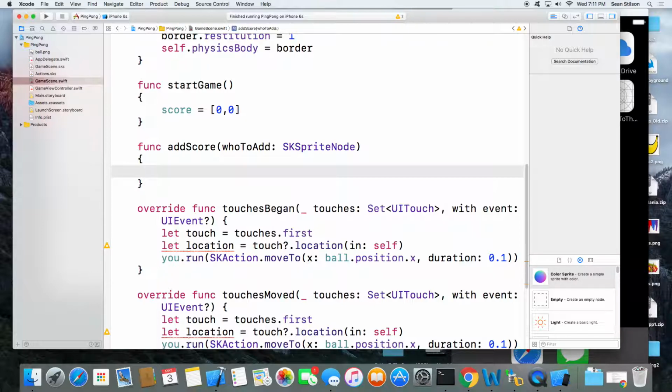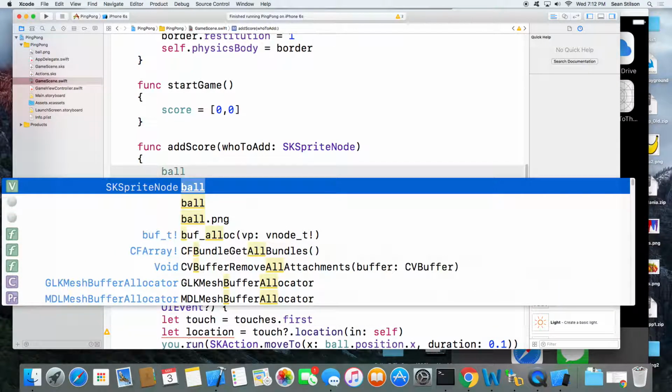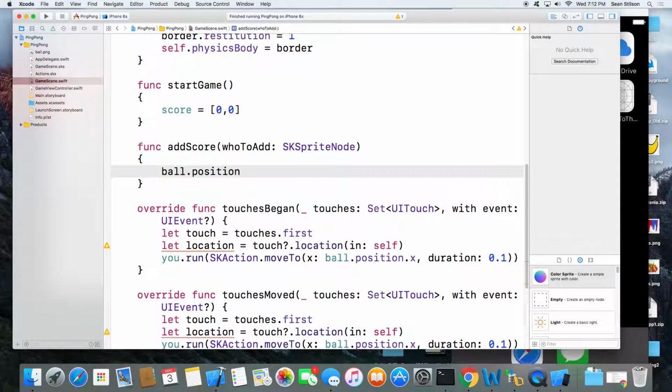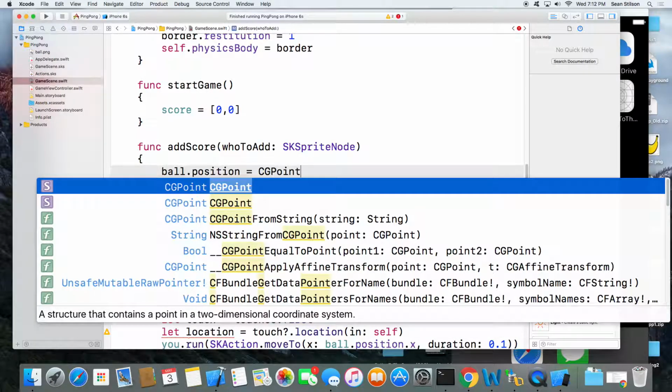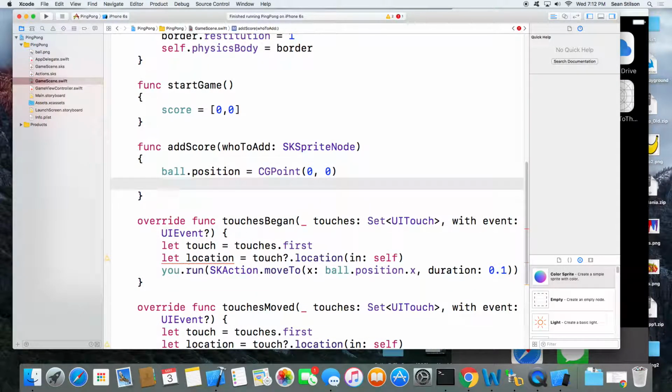First thing we'll do when we add a score is we'll reposition the ball. That's kind of how Pong works, if I remember right. We'll set the ball position to be a CGPoint at 0, 0, right in the center of the screen. So that'll fix problems with the ball getting stuck wedged behind the paddle.